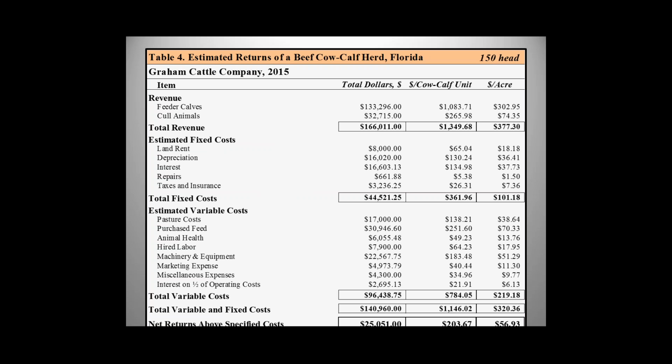Now, Table 4 presents our estimated returns of the beef cow-calf herd of 150 head. This table summarizes all of the revenues and costs from the various worksheets that you have completed. It measures the net returns above specified costs for the beef cow-calf operation. Again, this table is going to be very similar to net farm income that you have on your federal income